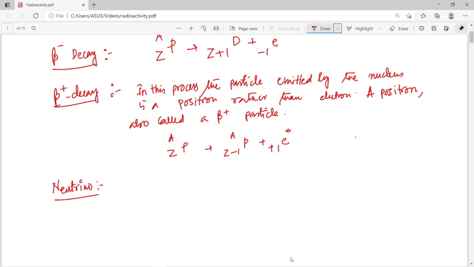The thing is that this is nothing but a neutrino. That means when a beta particle is emitted by a radioactive nucleus, we know that energy is simultaneously released. Experimentally, however, it is found that most beta particles do not have enough kinetic energy to account for all the energy release. That means if a beta particle carries away only a part of the energy, where does the remainder go? So in 1930, Pauli proposed that a third particle must be present to carry away the missing energy